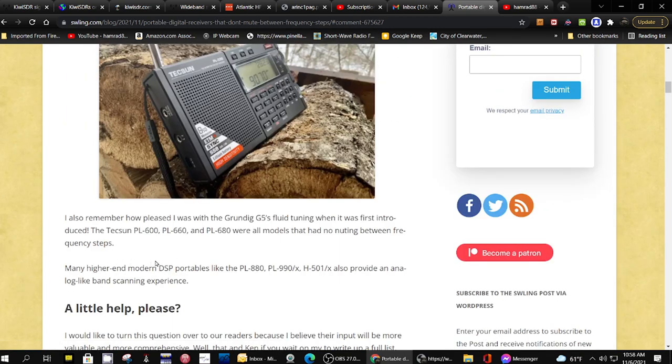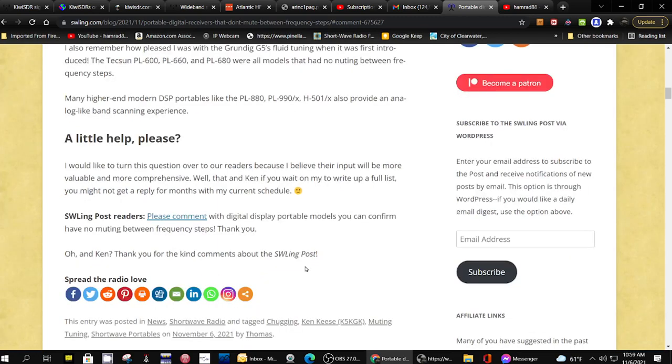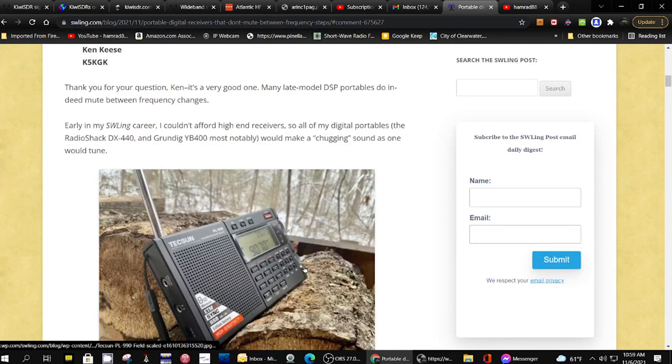And then down here, it points out ones that don't do this. So, for instance, the Tecsun 600, 660, 680. The 680 is one of my favorite radios. And then the higher end DSP radios like the PL-880, the 990, and the H-501X, which I love, the 501X. So this is a great article. Check it out,